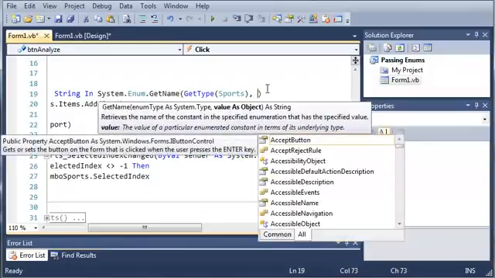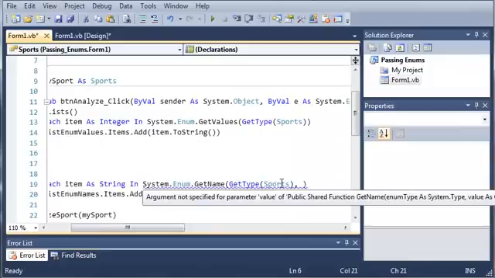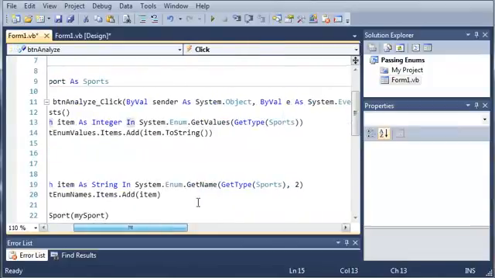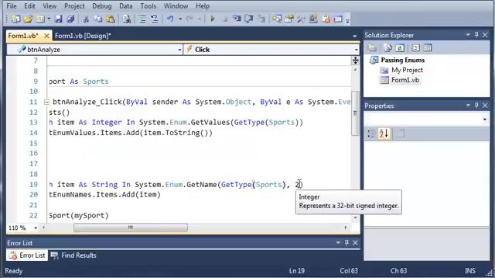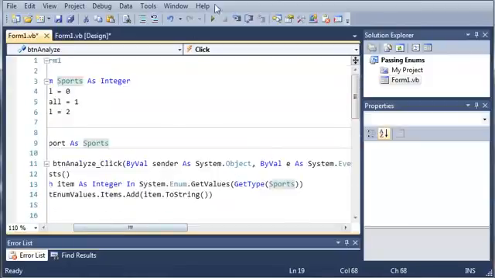So we're going to have the enum type, and we're going to use GetType of Sports, so it'll get the type for us, and we need the value, and the value would be either 0, 1, or 2. So let's put the value 2 in. So it's going to get the name of the value 2 in enumeration Sports. So if we run this,